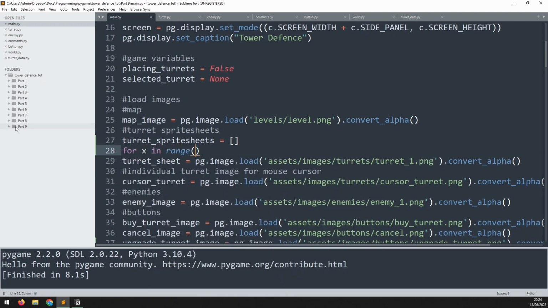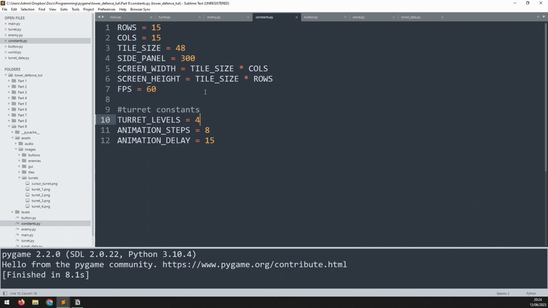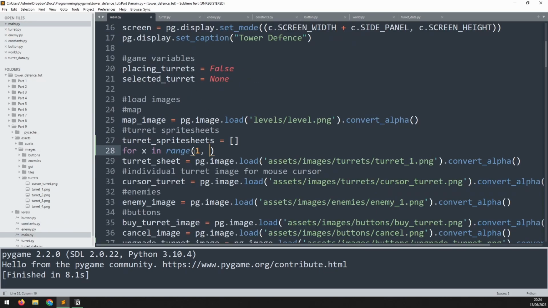So if we have a look at the image names, they're turret 1, 2, 3, 4. So I want to start at 1, and then I want to end at the maximum level that the turrets can reach. That variable is already defined here. It's number 4, so we can only have 4 levels of turrets. So I'm going to call in